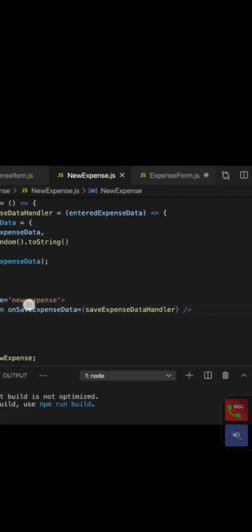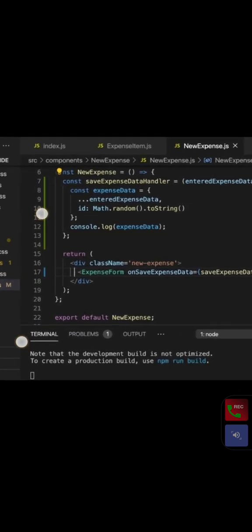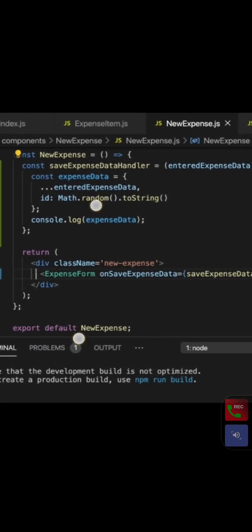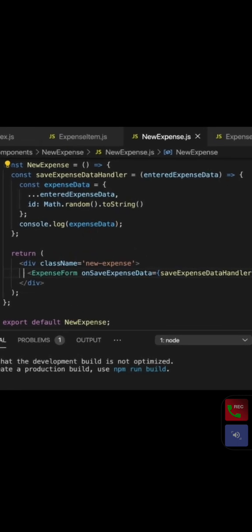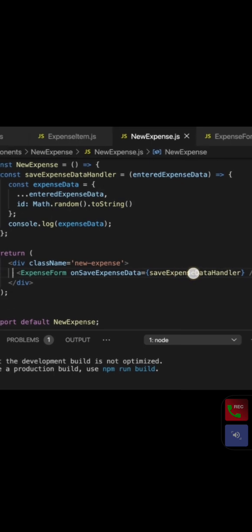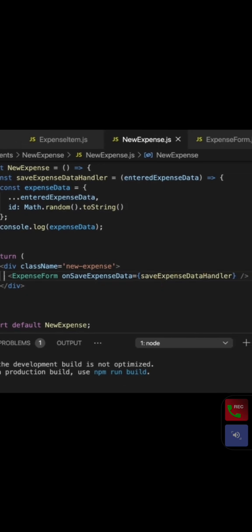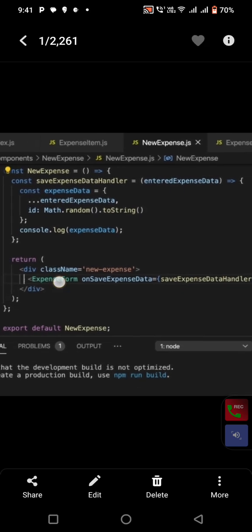Okay, so what you will do in line number 16 and all, you are capturing a value from a function, save expense data handler. Okay, here, and that you are passing as a prop to expense form here. Okay,